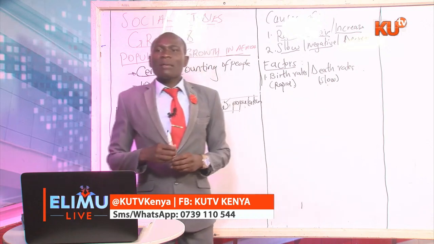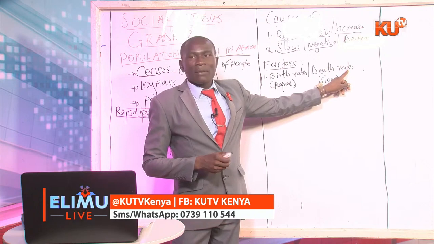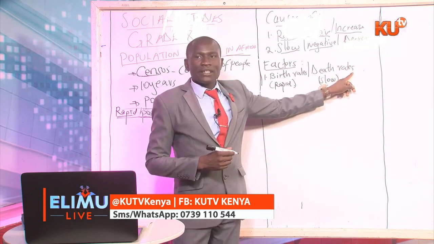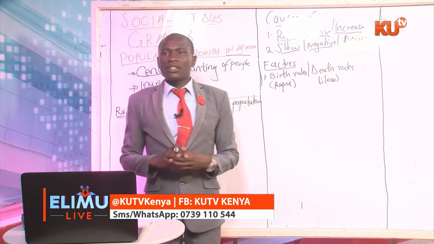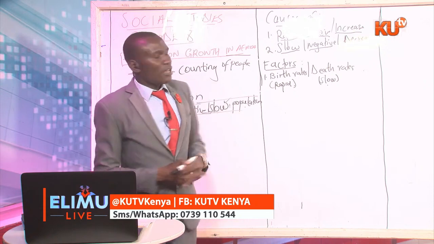Students, what are some of the causes of death rates in Africa? What causes death rates in Africa? You use the number that is on your screen to give us your response. Number 2,